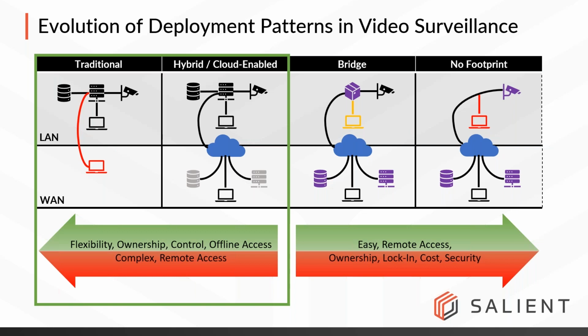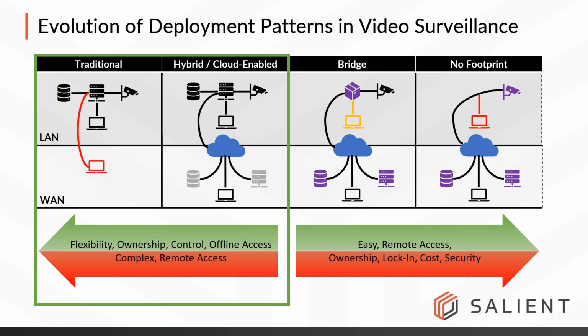Now, the approach that Salient is taking, given that a lot of Salient customers today have deployments that look more like a traditional deployment where everything is on premise, is that we're introducing a set of cloud services that enable really easy remote access into this on-premise deployment. It allows our customers to retain the flexibility, ownership, and most importantly, control of their deployments,